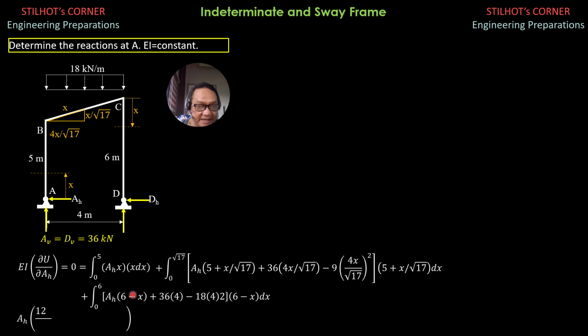So that would be AH times quantity 125 over 3 plus 125.06, 75. Then for the last term, 72. For the constant, this is 0. This has only constant transposed to the right. It is negative 544.25. So we can now solve for AH, and AH is equal to negative 2 point. So it is in the opposite direction, rightward, because it is negative from here. So it is 2.280 kilonewtons rightward, and the vertical component of reaction is 36. So that's the solution. That's the only solution for that case.